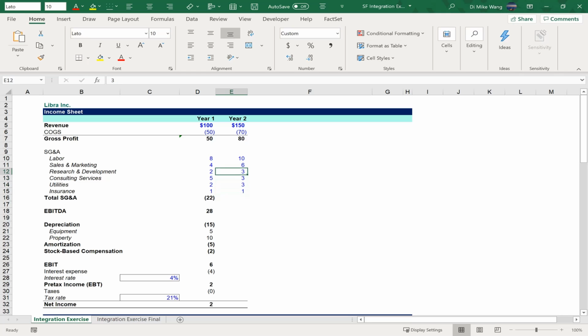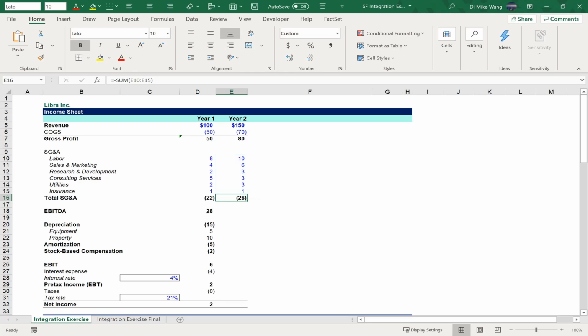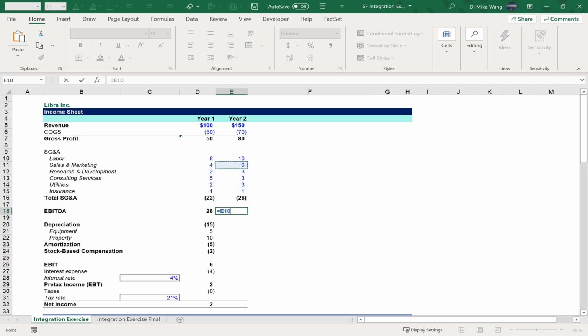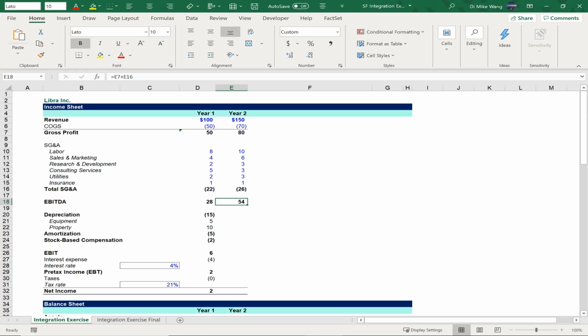That gets us to a total SG&A number of 26. And remember, we have to make this a negative number as it's an expense, which gets us to an even number of 54, which is a sizable improvement from year 1 where we had an even number of 28. Okay, so for non-cash expenses,